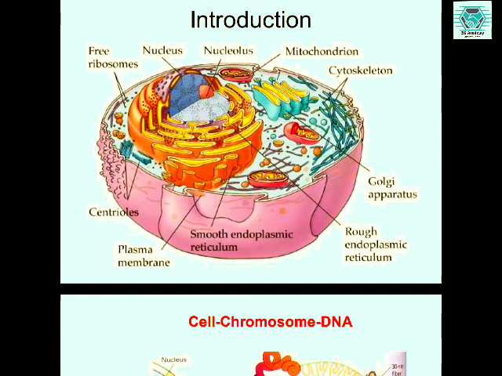DNA, which is the genetic material. So in the slide you can see the section of a cell, and it is very common. Generally the cell has a nucleus, which is called the life of the cell, and the nucleus has the nucleoplasm, nucleolus and nuclear fibers. So these nuclear fibers are basically known as